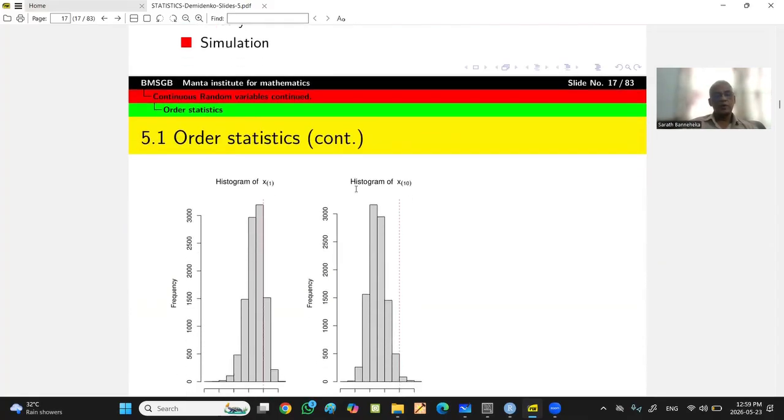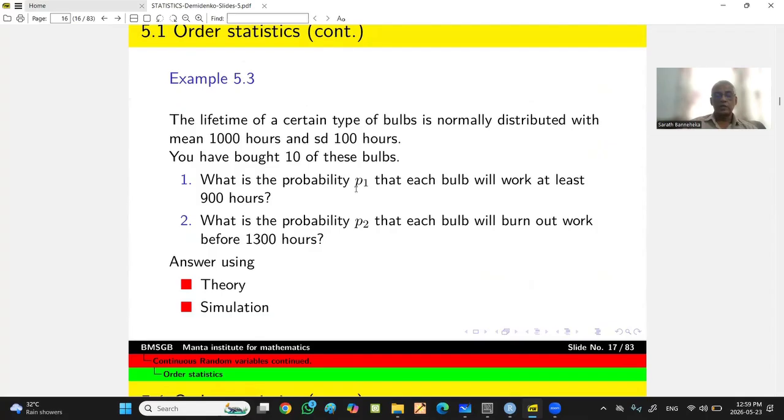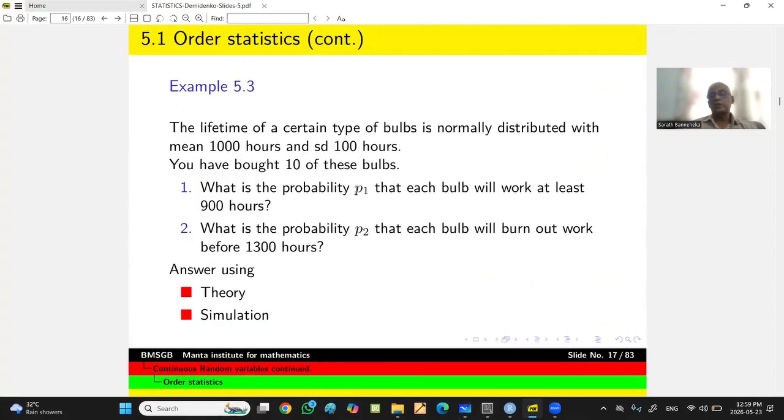Here, just to give you some idea about the sampling distributions, I think you have already understood that we are going to look at the probability P1 that each bulb will work at least 900 hours. Each bulb will have a lifetime of more than 900 hours if and only if the minimum of the lifetimes is greater than or equal to 900 hours. Right. So therefore, we can answer the same question, that is the second method,